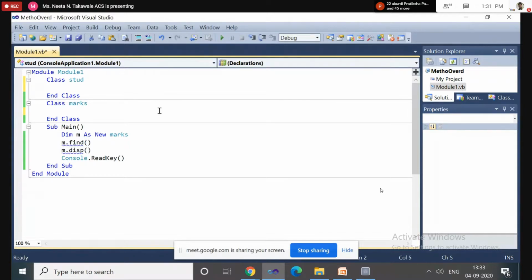First we'll discuss the public access specifier.